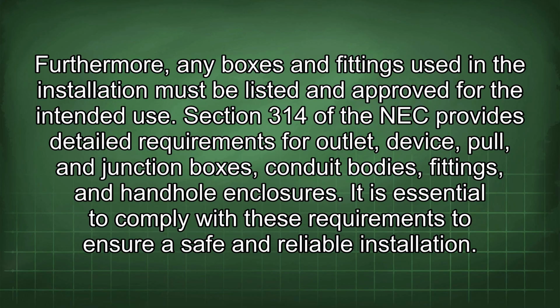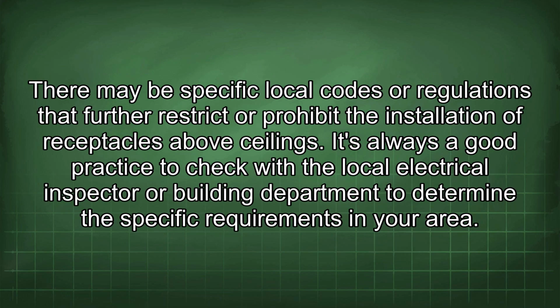Section 314 of the NEC provides detailed requirements for outlet, device, pole, and junction boxes, conduit bodies, fittings, and handhole enclosures. It is essential to comply with these requirements to ensure a safe and reliable installation. There may be specific local codes or regulations that further restrict or prohibit the installation of receptacles above ceilings. It's always a good practice to check with a local electrical inspector or building department to determine the specific requirements